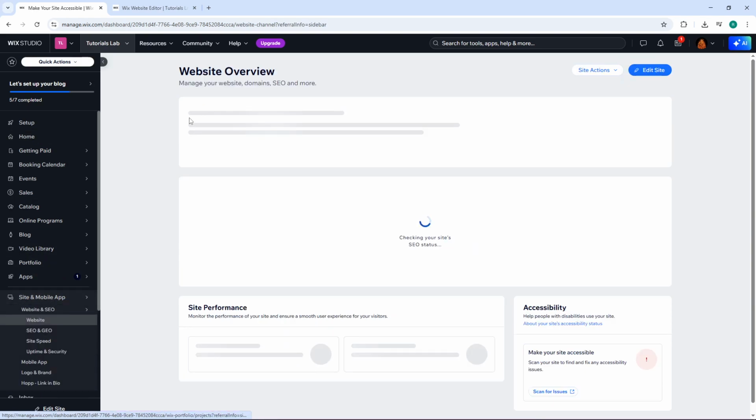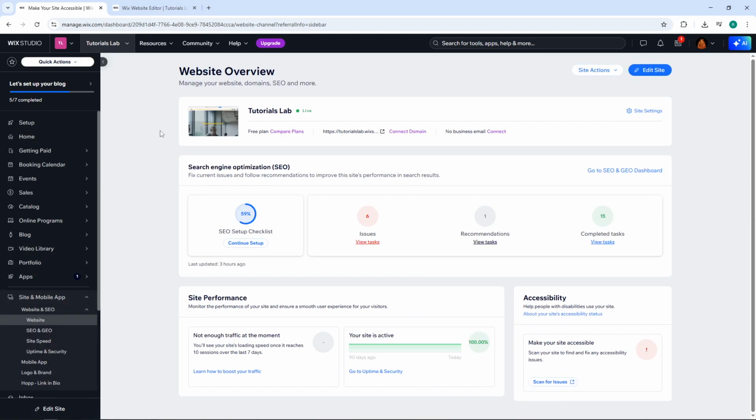This section gives you access to all your website's core settings and editing tools, so it's your starting point for making any changes. From here, you'll be able to preview the website settings you currently have. Take a moment to make sure that this is the correct website where you want to add your lightbox. If you manage multiple sites, it's always a good idea to double-check that you're working on the right one before